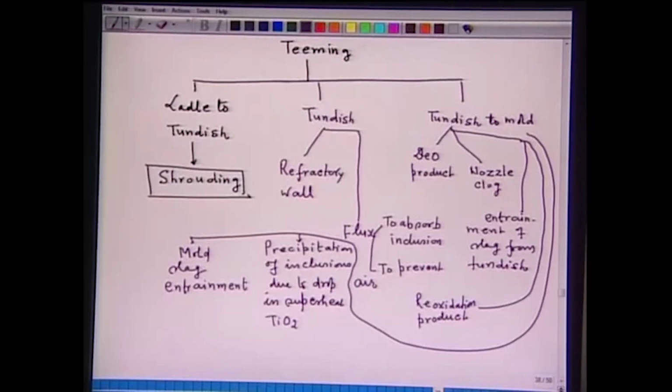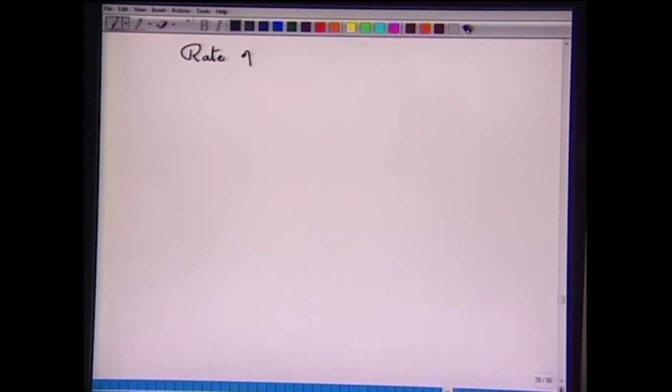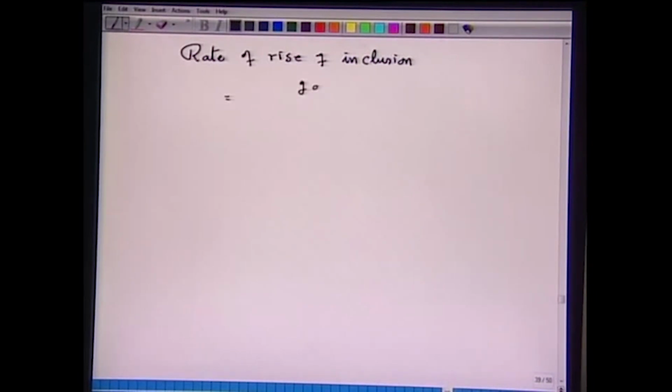Now, here the agitation of the bath, say in the ladle or in the tundish, helps to float the inclusions, and in fact, the ladle or tundish stirring is done to allow the inclusions to float. Now, the rate of rise of inclusion depends upon the diameter of the inclusion and the buoyancy force, that is the density difference between the steel and the inclusion, and as such the rate of rise of inclusion is given by g d square into rho s minus rho inclusion, upon 18